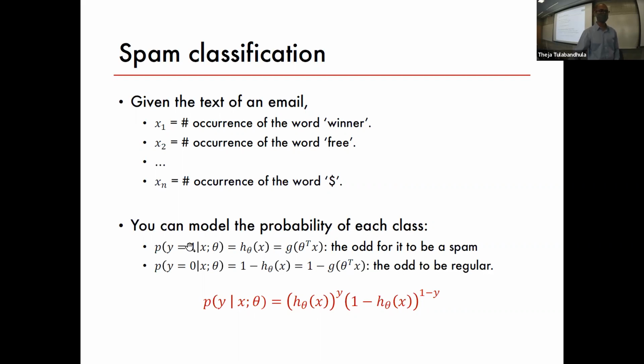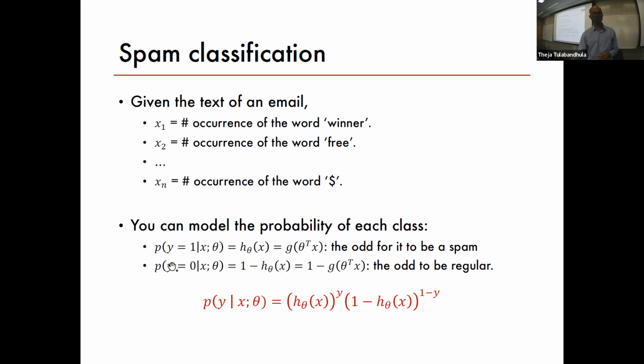So given the feature vector x and the parameter, the probability of y equal to 1 is going to be defined to be h theta of x. This is the probability of this input email, which is captured by the feature vector x, being spam. Is that clear? This is the specification of our model that we want to use. This is not something we derived as such. We are just saying that we're going to define h theta to be this, and h theta is exactly the probability of one of the classes.